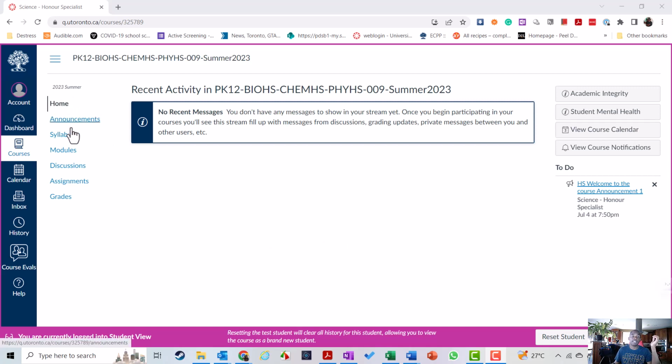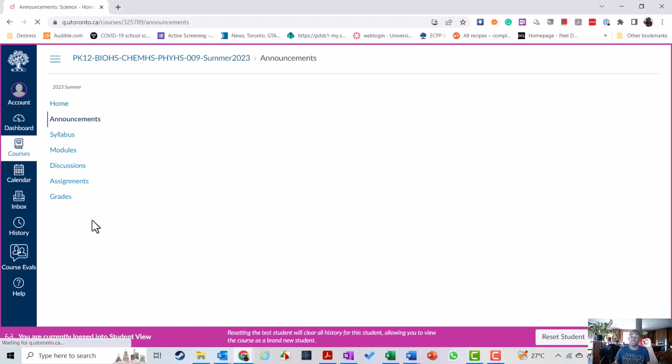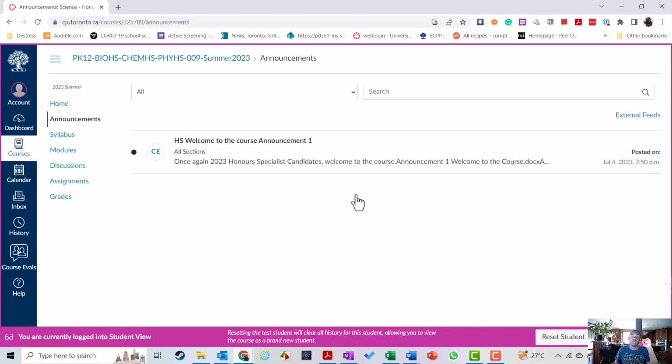So on the left-hand side here, you're going to see a group of things. The very first time you come to this course, and every single time you come to this course, you should look at the announcements. Right? So if the announcements don't populate right in the middle, go ahead and click on the announcements and you will get a list of whatever I've posted in the past, well, the entire course, but anything new will have a little dot and you should read it. So you'll notice this is the first announcement. It's a welcome to a course announcement. It gives you kind of what you should do when you walk in the course. So it's kind of the text version of this video.